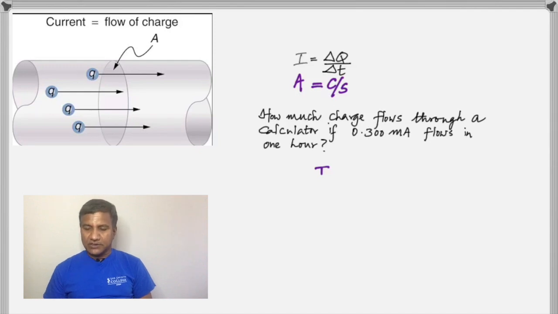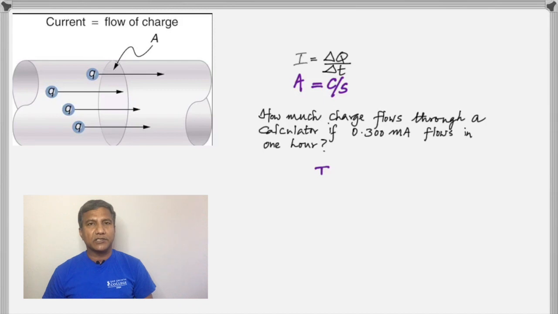So the question is, how much charge flows through a calculator if 0.3 milliampere flows? So we've got to change the milliampere into ampere. 1000 milliamperes make 1 ampere. So that means you've got to divide 0.3 by 1000, or multiply it with 10 to the power negative 3,